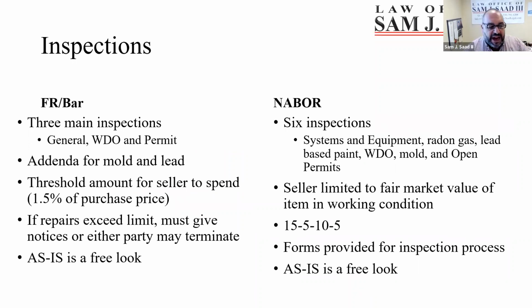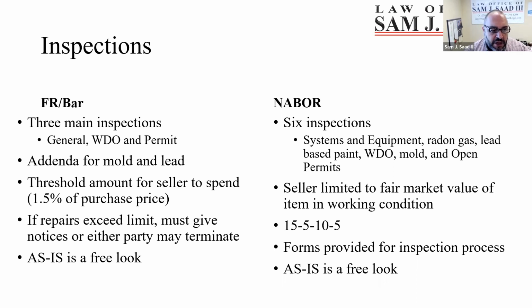Inspections. So very, very different ways to handle inspections under the FAR-BAR main contract and the NABOR main contract. Of course, the as-is contracts, both are essentially a free look. Any reason or no reason to terminate under as-is. But going through the FAR-BAR, you get 3 inspections: general, WDO, and a permit. And one thing I could add to this, there is now an addendum for mold under FAR-BAR. That's a new addendum. So if you want to get a mold inspection, you can do that. Just have to use the new addendum,